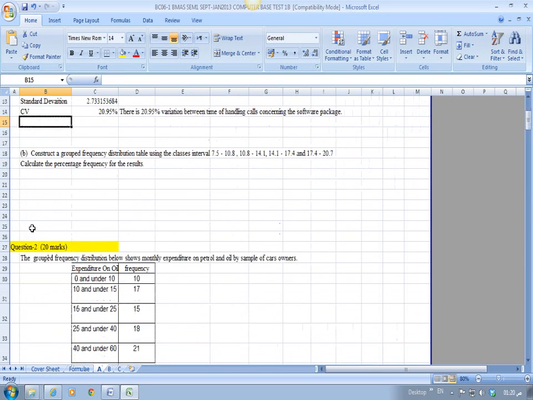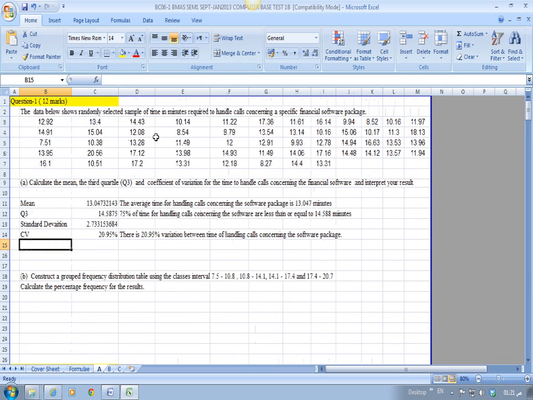The next question is to construct a group frequency distribution table using class intervals. These are the class intervals. Calculate the percent. So it means that part B is concerning this data. We want to make a group frequency distribution. So what we write here is time, we are grouping the time. So the time here is between 7.5 to 10.8,